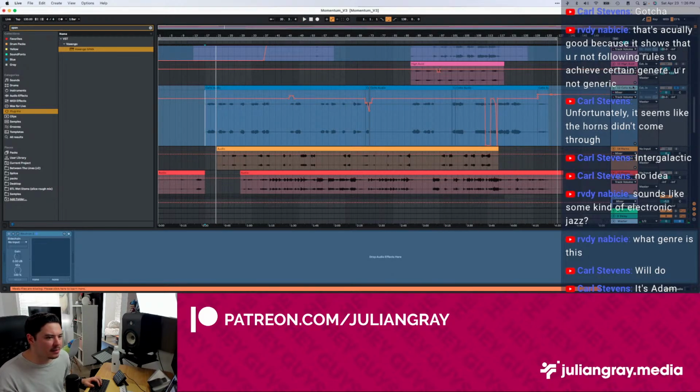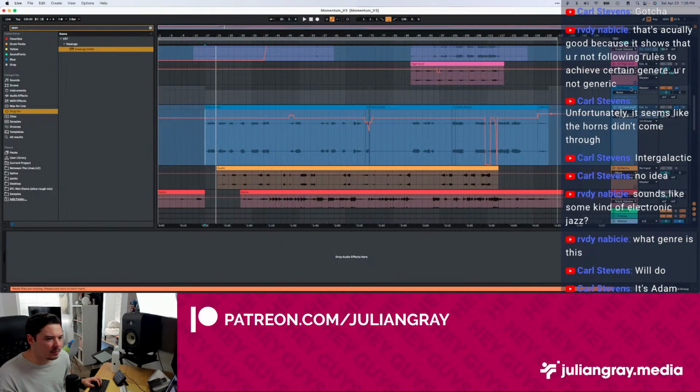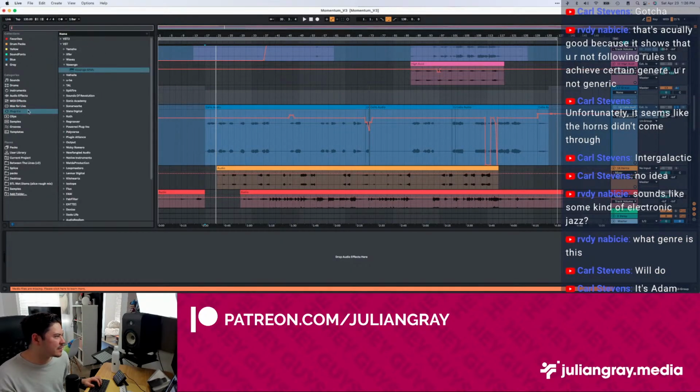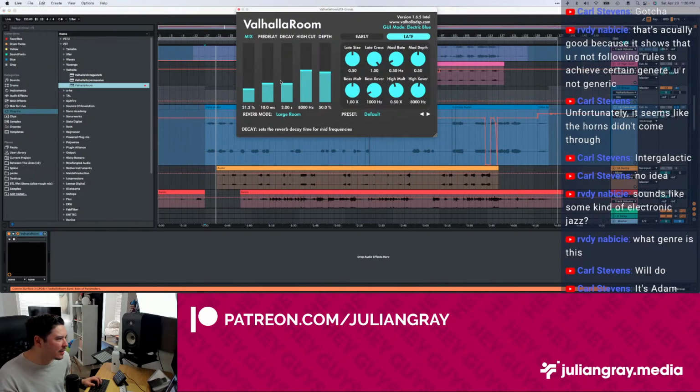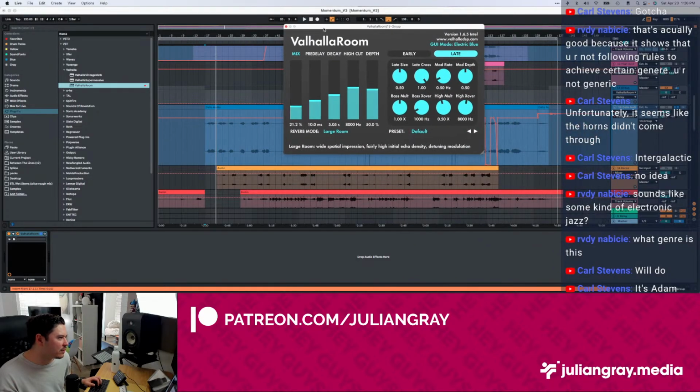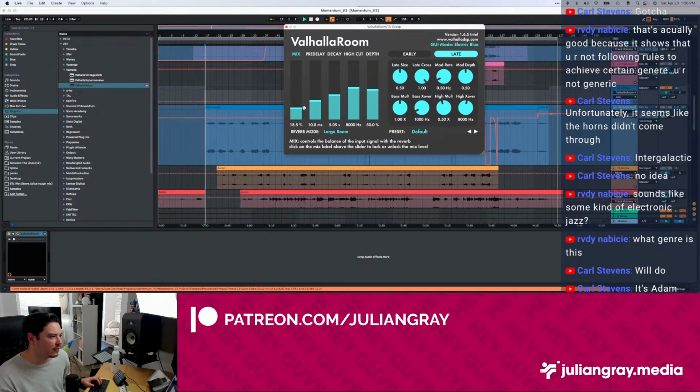Some of these elements could probably be given a little bit of space with something like a reverb. I don't want to adjust the vision of the record too much, because doing this can really shift the palette, but I think a small room reverb could really add to some of these elements and make them feel more alive. Just a little bit of resonance.